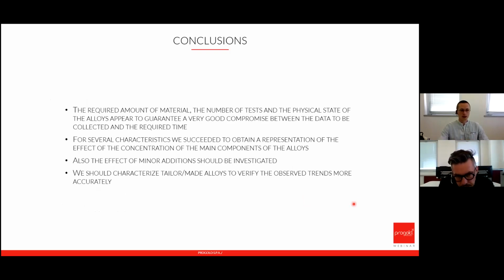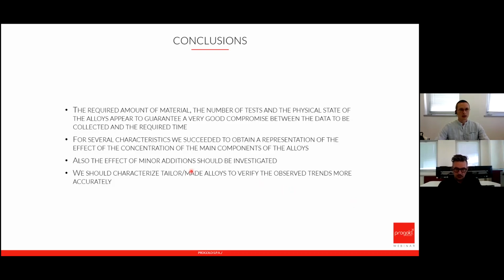So this huge amount of data helps us to understand how the composition of the alloy will influence the properties, the workability, and we can understand from all this data if an alloy is suitable